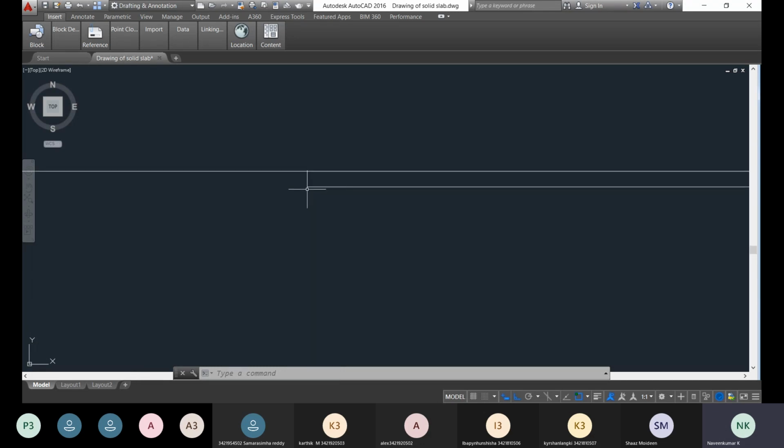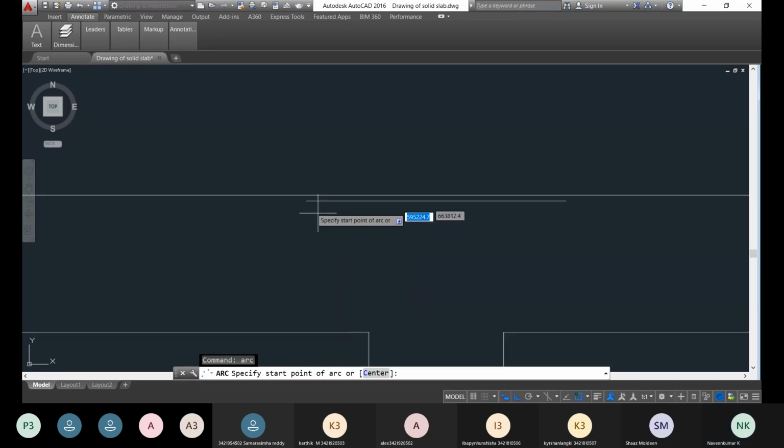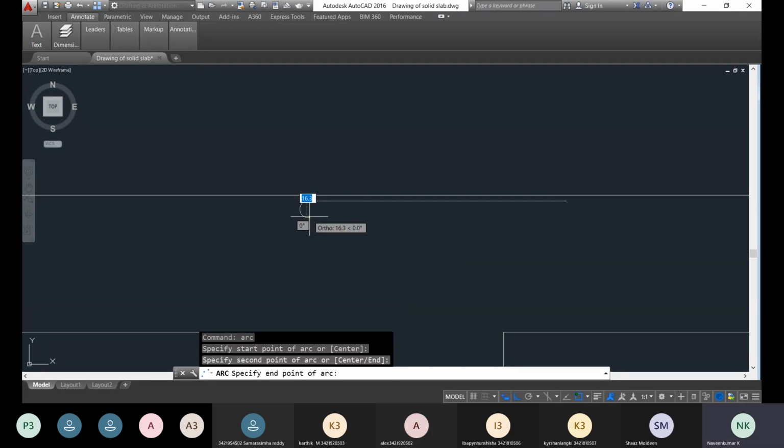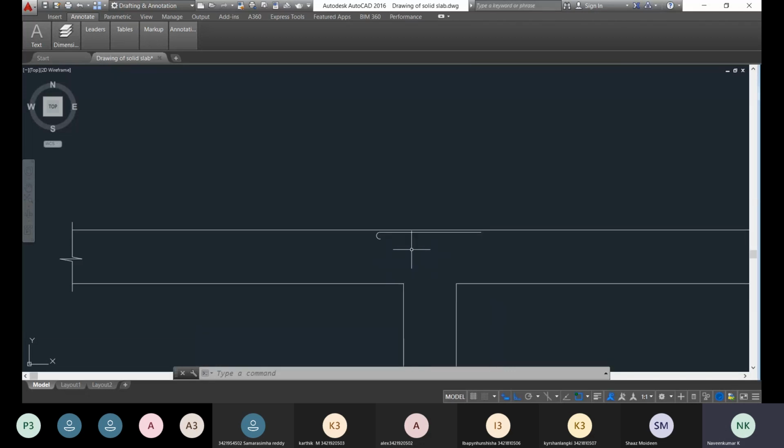Then you have to provide the hook at both the ends. For that you can go for the arc option. How will you go? Arc, specify the starting point and specify the end point. So this is the arc, and this is the hook which is to be provided.